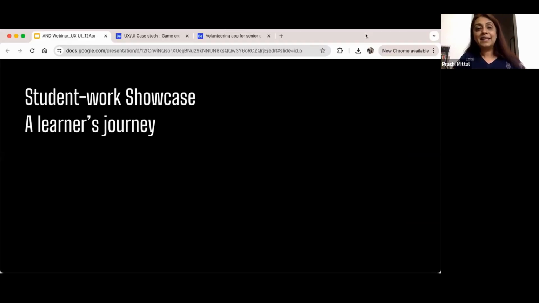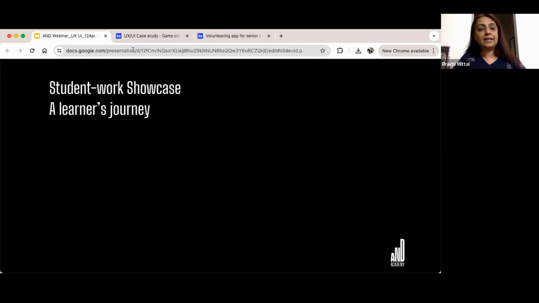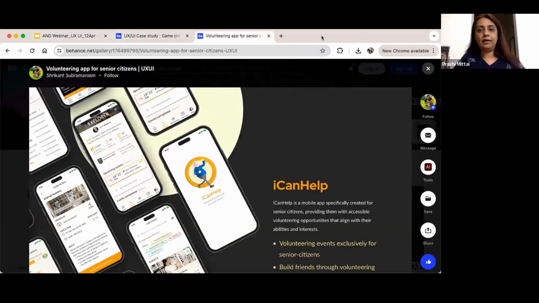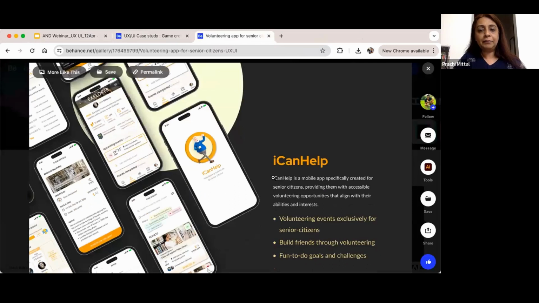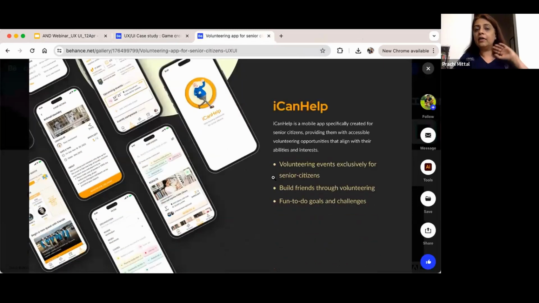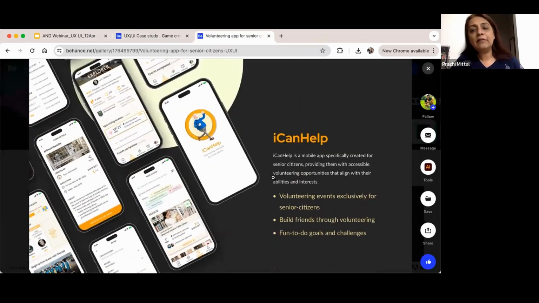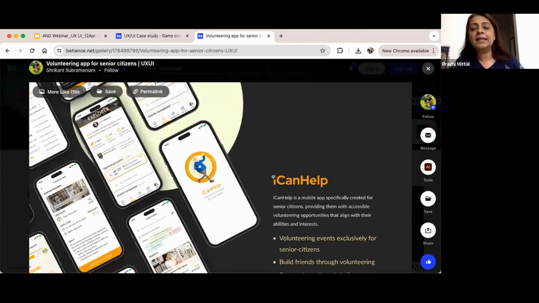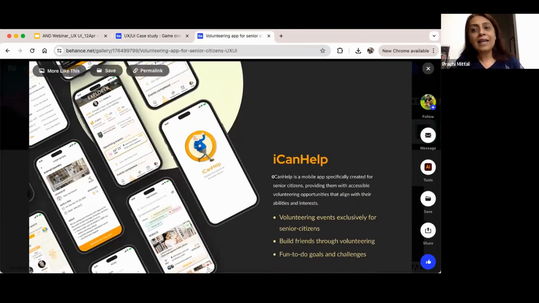Okay, and that brings me to one of my favorite parts of today's webinar, and that is a quick look at our student work. So this is the work of Shrikant, who was trying to find a way of enhancing the life experience of retirees.